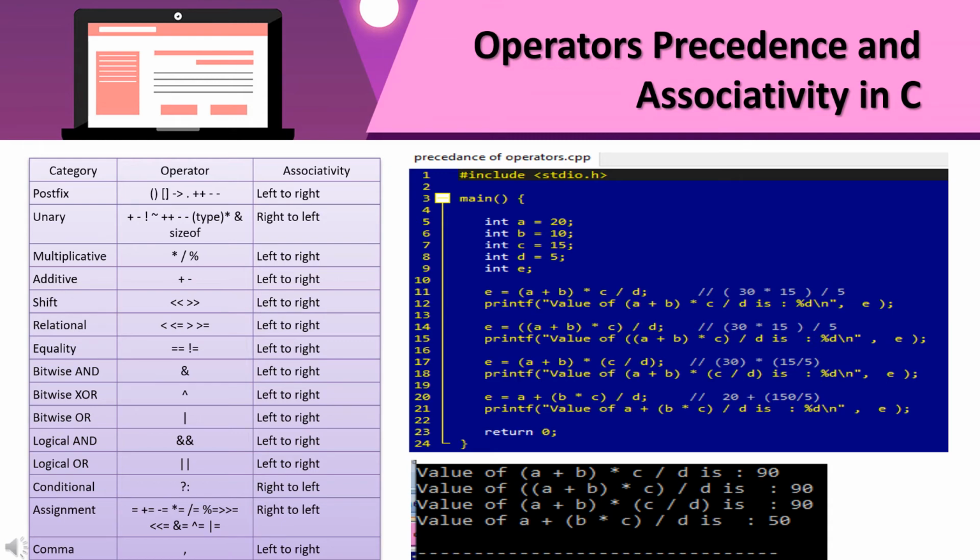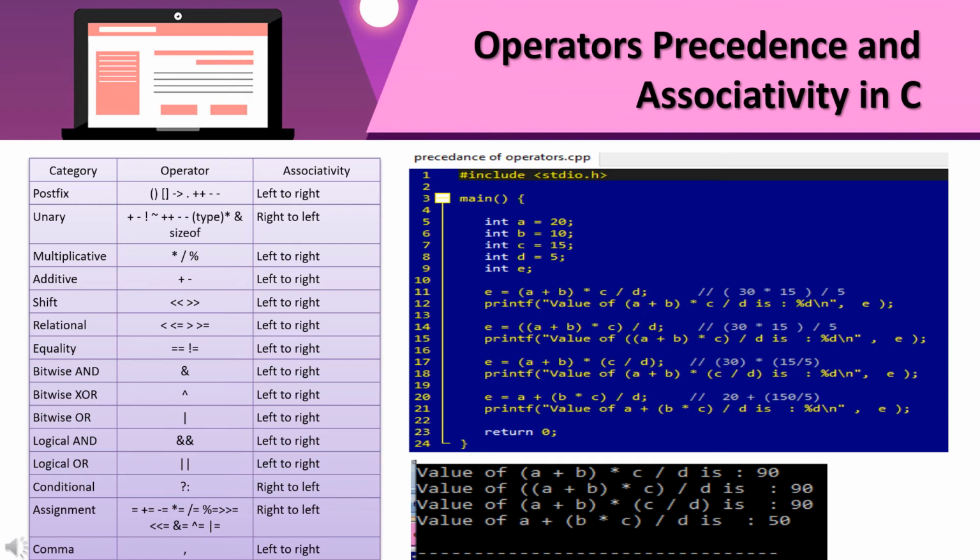So the result will be 90. After that, e gives the logic as (a + b) * c then divided by d, and here the first expression, a plus b multiplied by c, is taken under braces. Now the result will come like this, 30 multiplied by 15 and then divided by 5. Here also the result will be 90.